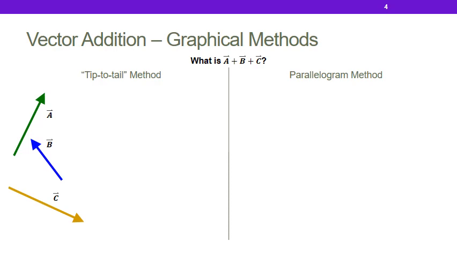What happens if I have more than one vector? Well, the tip to tail method is straightforward. I just add on a new vector. So if I had now A, B, and C, and I want to find out what A plus B plus C is,